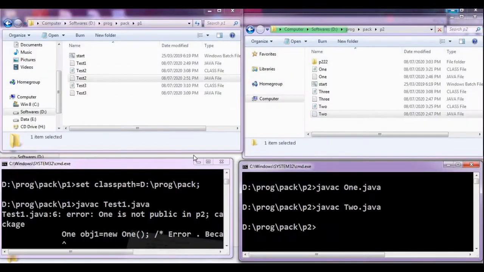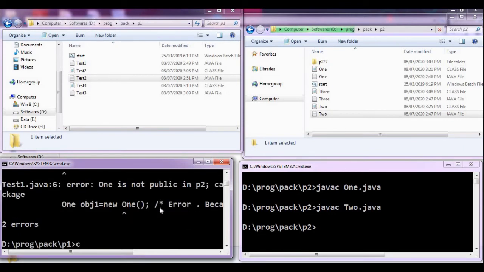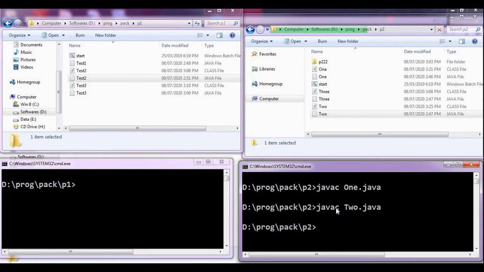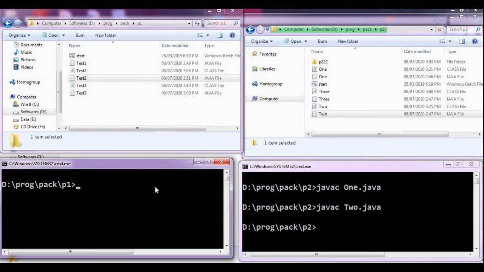So the effect will be available over here in this command prompt. The effect will not be available in other command prompts. For the effect on all command prompts, you can go for the environment variable setting. Now I want to compile that class. So we will say javac test2.java. I will compile this. I want to execute java test2. See, I got 2 as the answer.